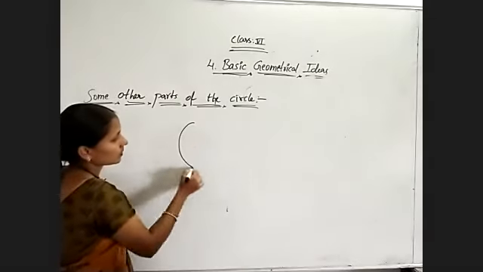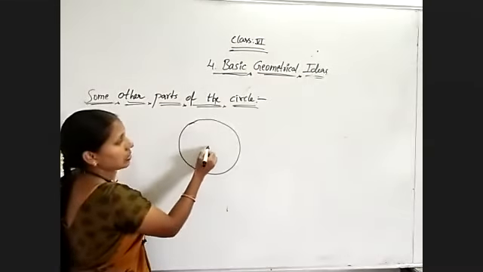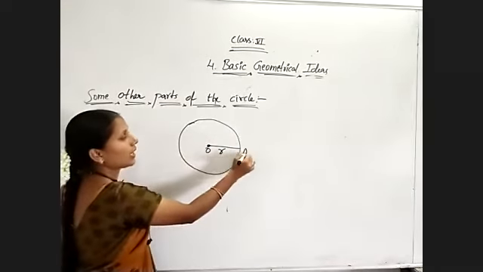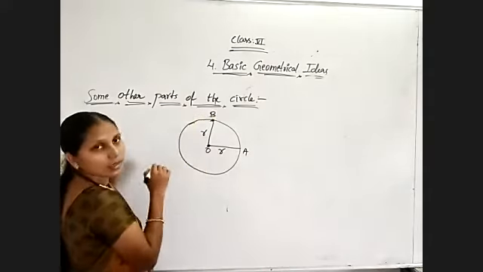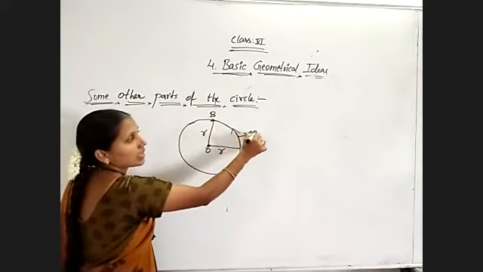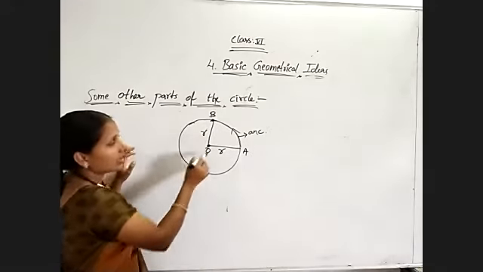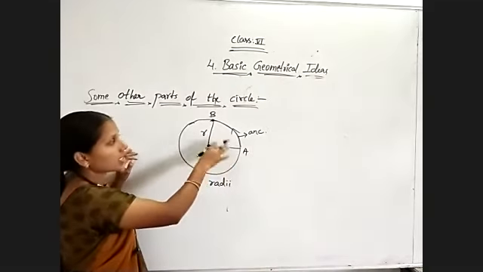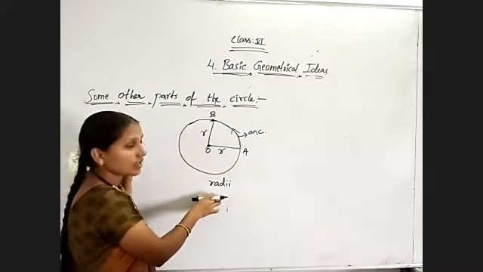See, it is a circle. Now I am drawing a radius r, O, A, and another side also I am taking radius like this. And what will we call this AB? It is an arc. Yes or no? Arc, and these two, OA and OB, are radii. OA is one of the radii and OB is another radius. Two radius is known as radii, the plural form of radius.